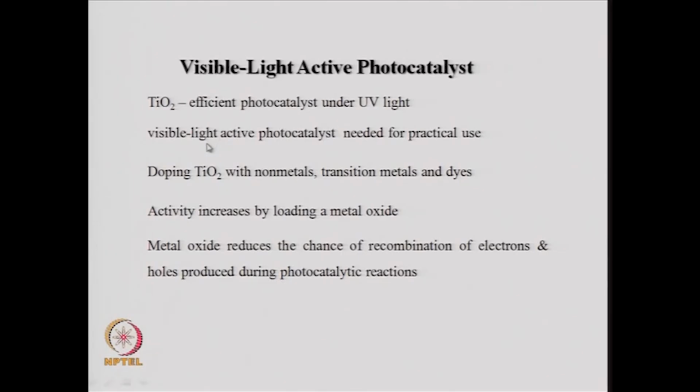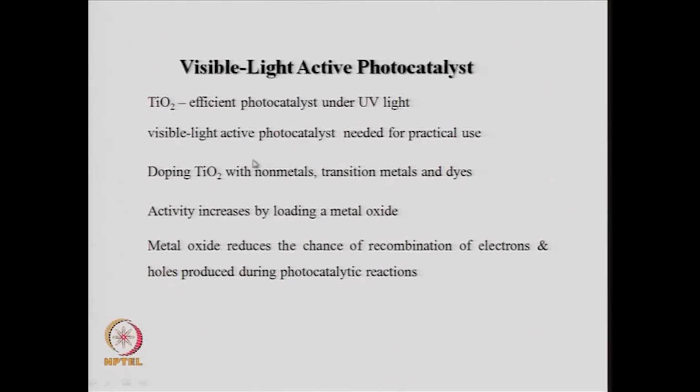So, a visible light active photocatalyst is really needed for practical applications and will be economical if we have an efficient visible light catalyst. So, how do we modify the normal TiO2, which is a UV light photocatalyst, to make it into